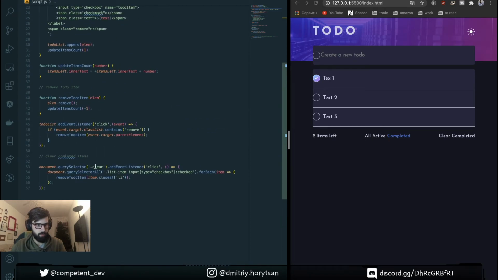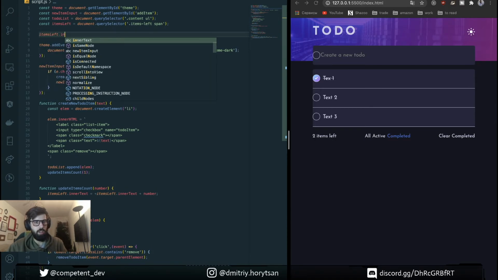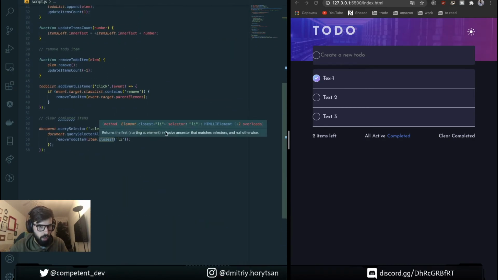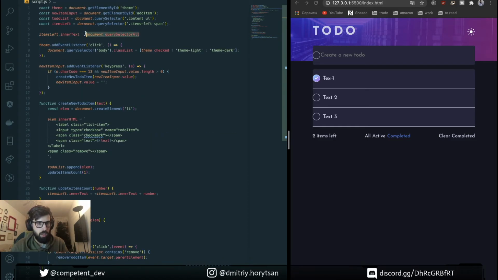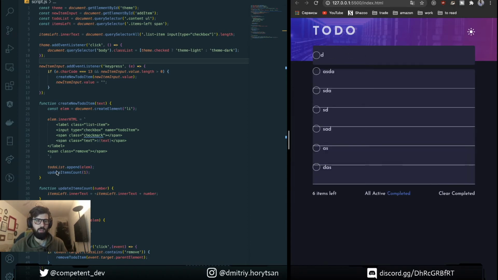We just need to query selector all items left inner text equal document query selector all of these items but not checked length. Okay, 3, 2, working fine.